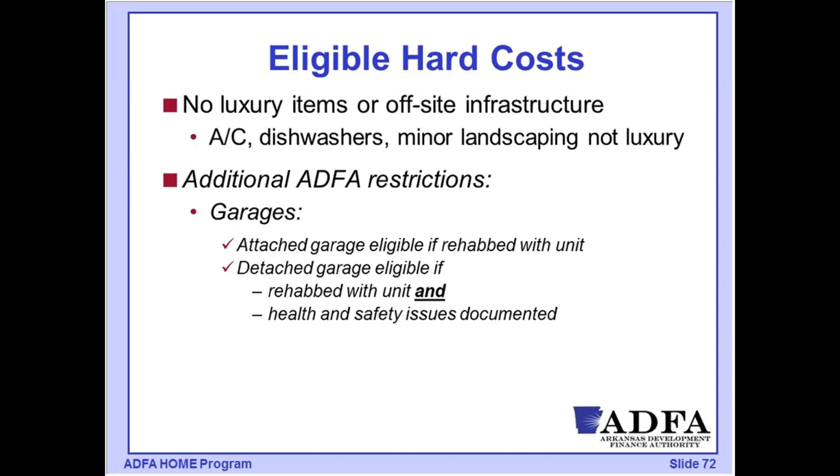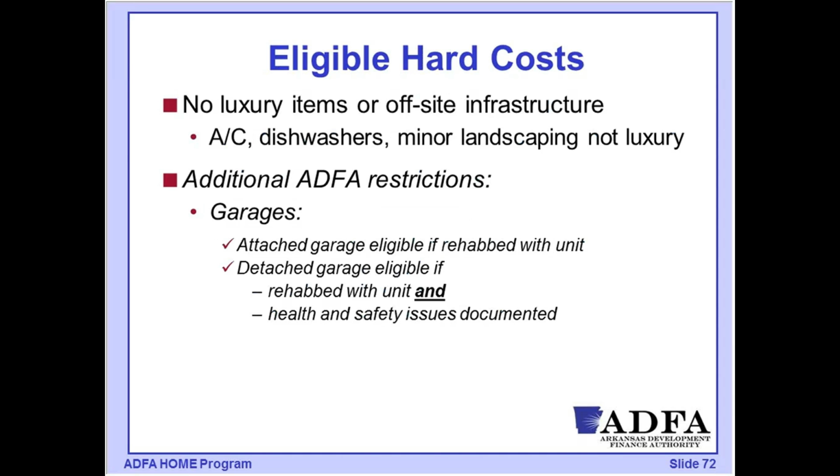Let's talk about some of the eligible costs. The HOME program has some specific language about things that HOME makes allowable or unallowable, and those include things like luxury items, also includes off-site infrastructure. So I'll give you examples on both of those. An example of a luxury item might be a spa tub or maybe a wine refrigerator for the kitchen or something like that would be considered a luxury item and would not be something that would be an eligible use of